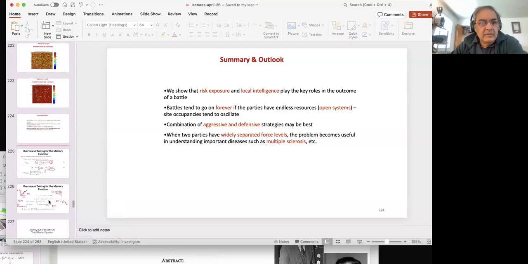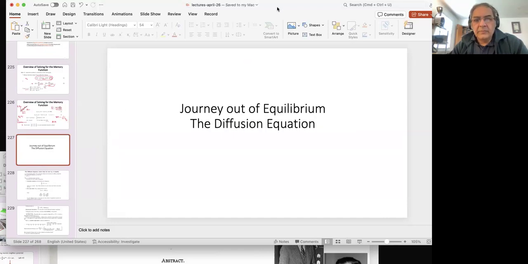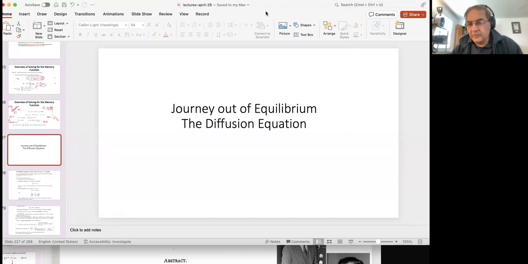And then we now want to also continue to look at this out of equilibrium problem. The battle problem is also an out of equilibrium problem. I'll touch upon this relatively simple equation, the diffusion equation. I don't know why we study the diffusion equation, because